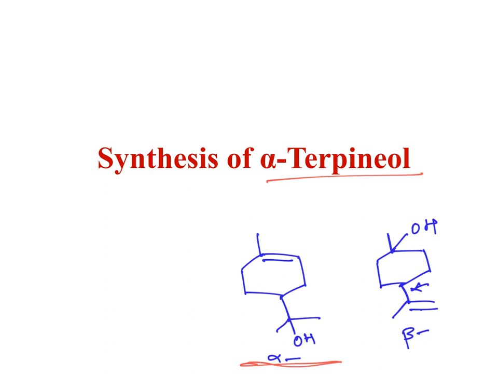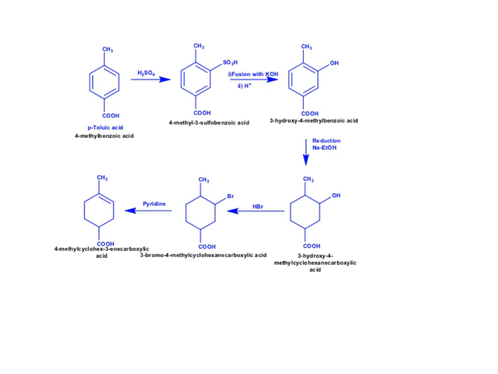For this I am taking a starting material, 4-methyl benzoic acid, and through a sequence of reactions we convert it into alpha terpineol. For 4-methyl benzoic acid, the first step is a sulfonation reaction. On sulfonation, 4-methyl benzoic acid gives 4-methyl